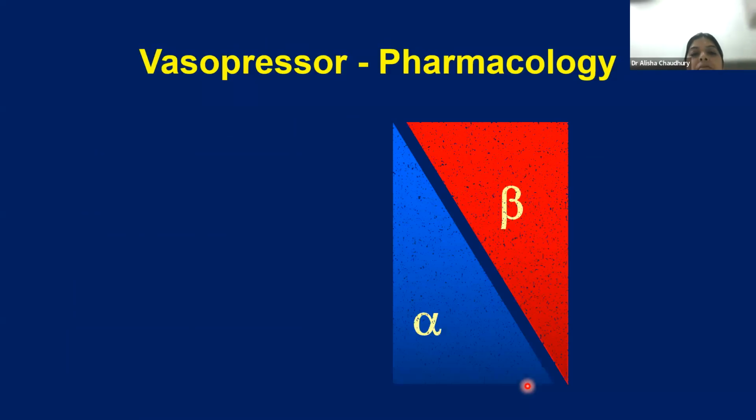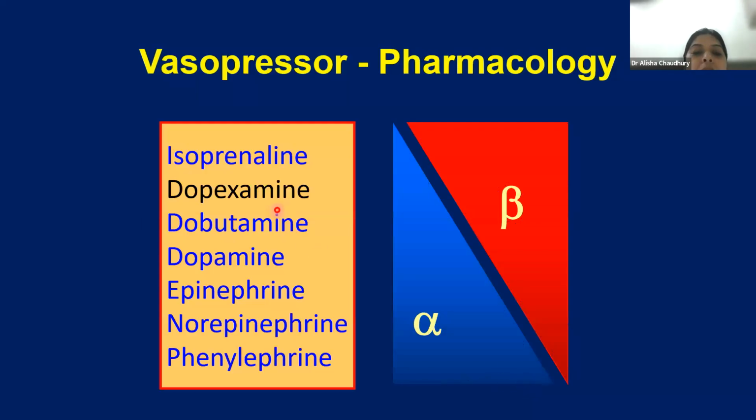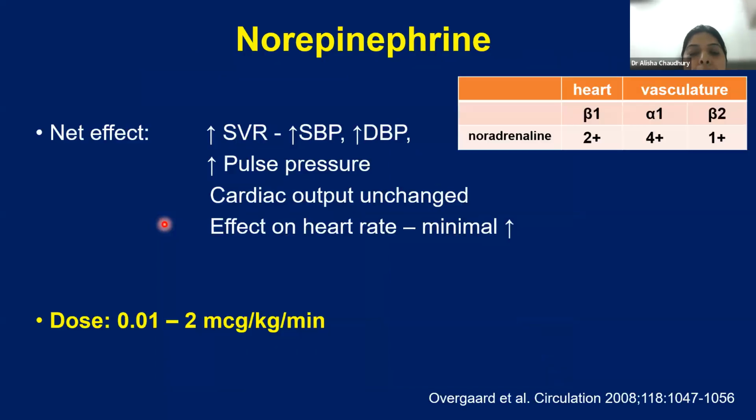Now coming to the vasopressor pharmacology, the purpose of this slide is to tell you that when you look at isoprenaline as a drug, it has a profound beta action, hardly any alpha action. But as you go down to dobutamine, dopamine, you will see that they have both alpha and beta action. And when you are going to phenylephrine, it has a pronounced alpha action and hardly any beta action. That is why isoprenaline is a pure beta agonist and phenylephrine is a pure alpha agonist. Rest all of the drugs over here have some amount of alpha and beta actions. Now coming to